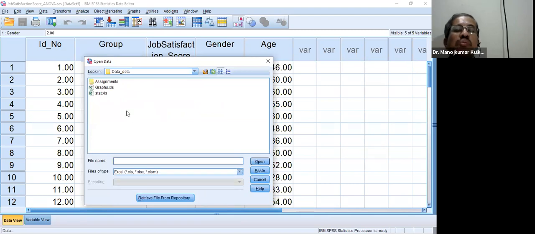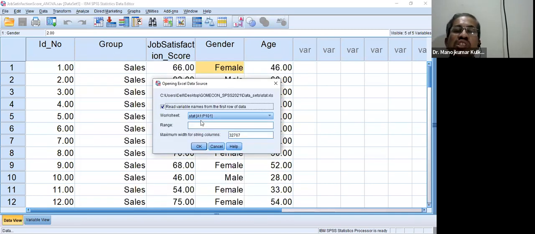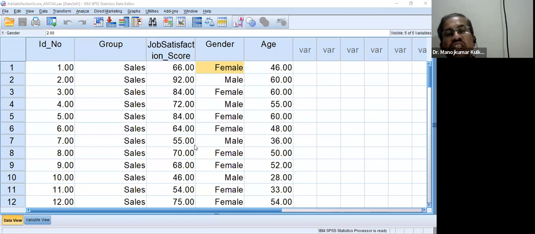Once you change it, you will be able to see your Excel sheet. Select the Excel file you want, here stat.xls, and open. If there are many sheets, it will ask which sheet you want to see; select it and click OK. The data will come. This is what I have opened: Excel into SPSS. This is the easiest way I can say.